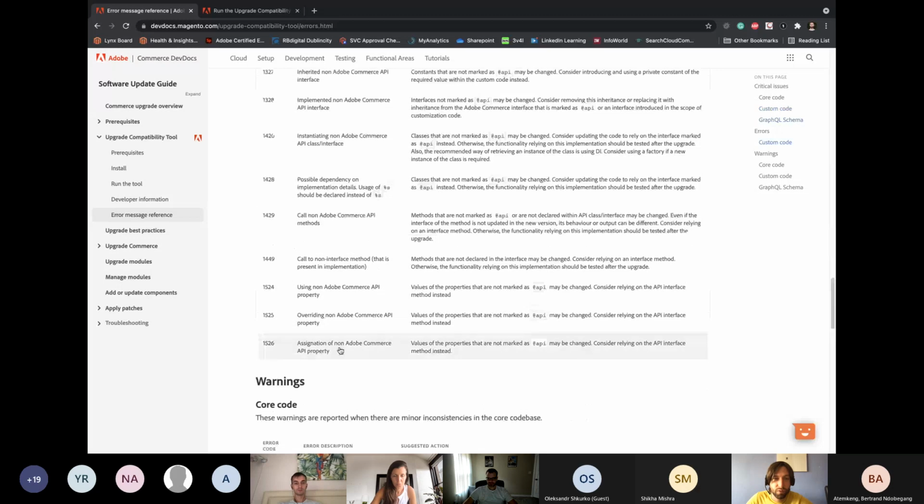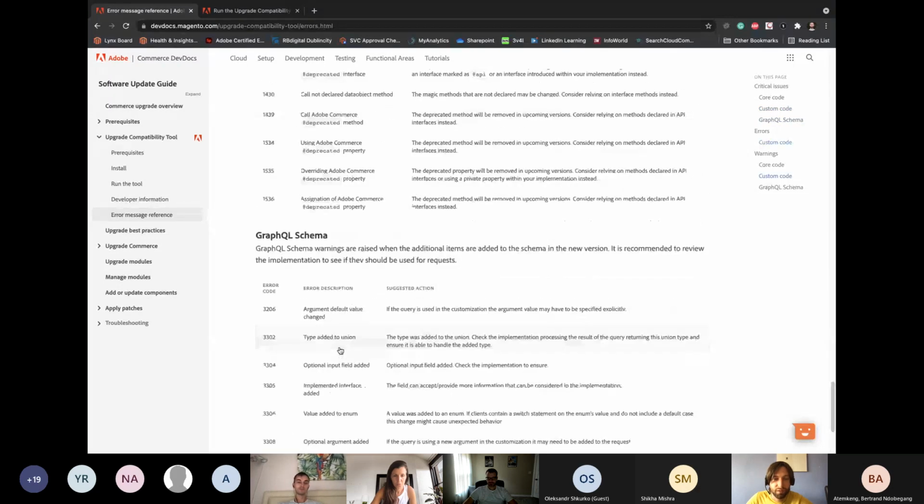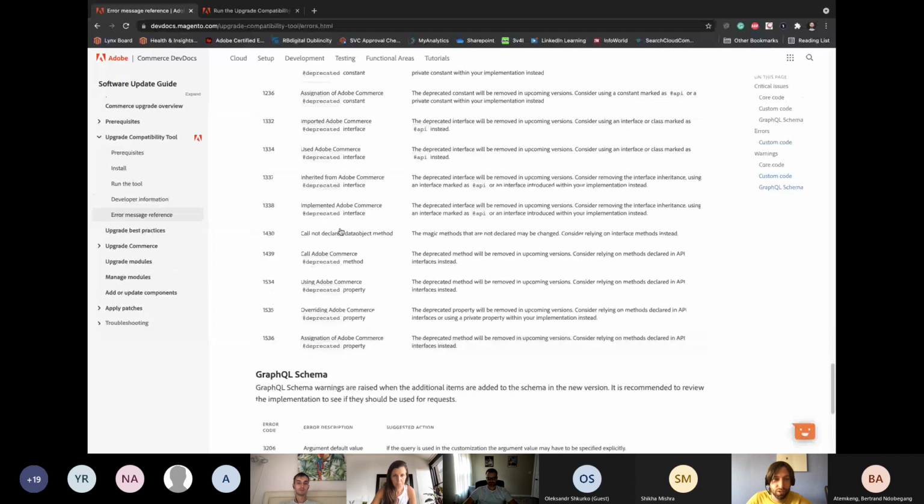But we all know that we are using some magic methods, and there are data objects that are introducing these methods to Magento customization code. So if we identify that the method does not exist, but it is called from an object that is extending data object, then that will be a warning